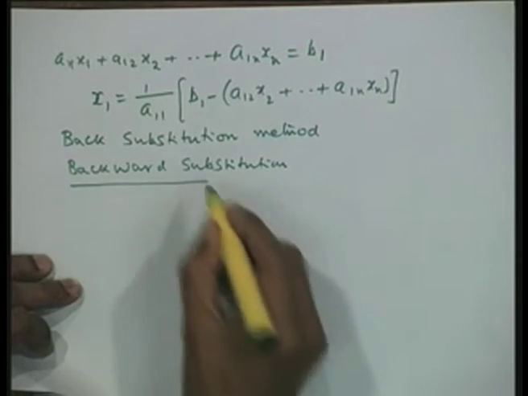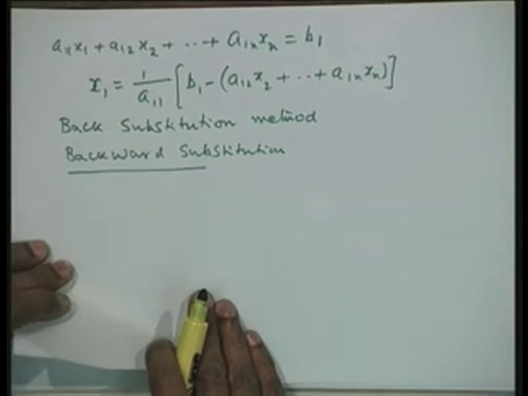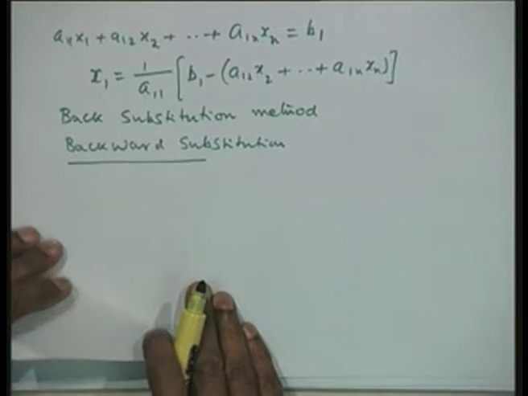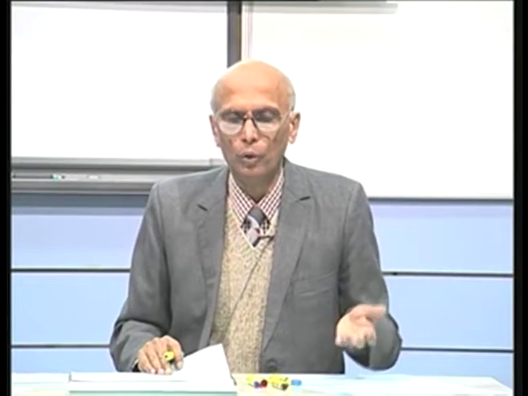Now, before we take up the actual methods, it would be interesting to know that from our earlier years, we know that there are two ways of solving a problem. One is Cramer's rule that we can apply, and the other is the inverse method. And why those methods are not applicable for larger systems, let us have a look at it.